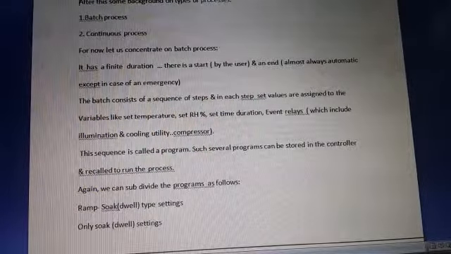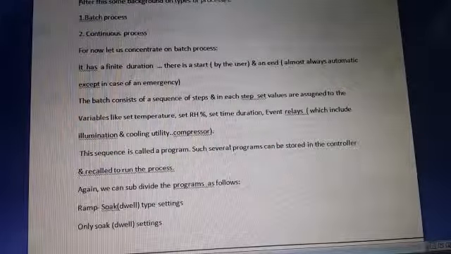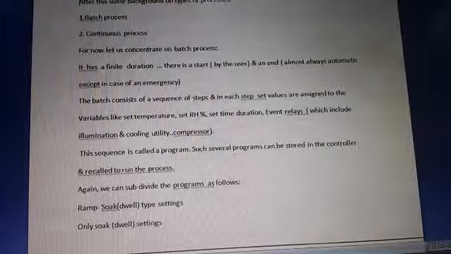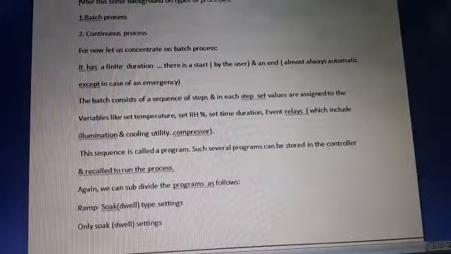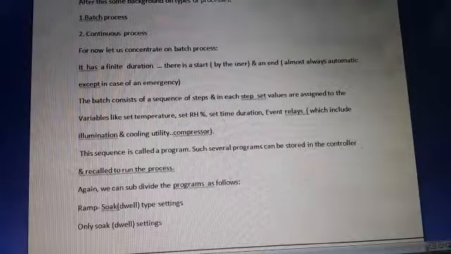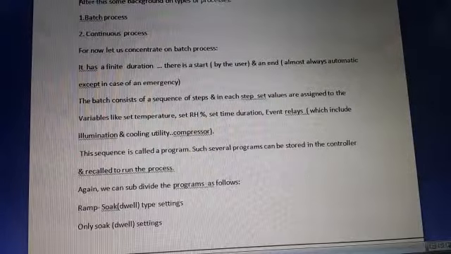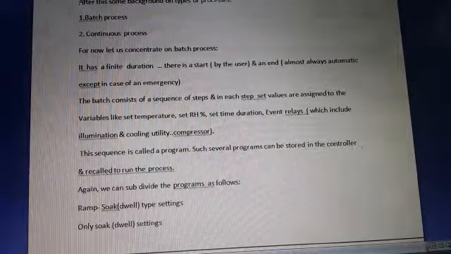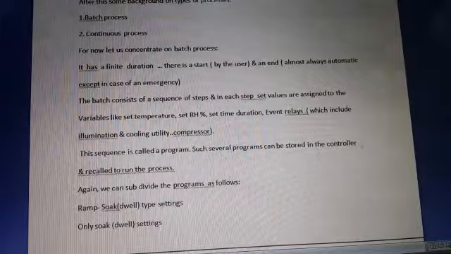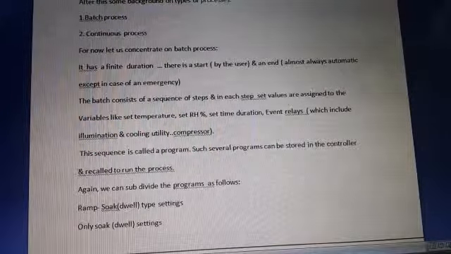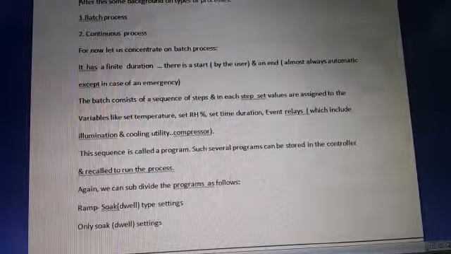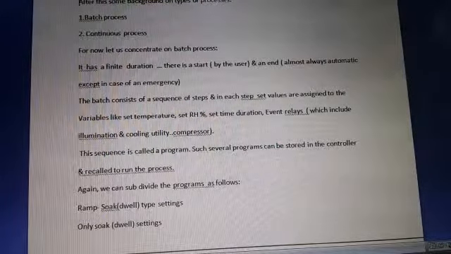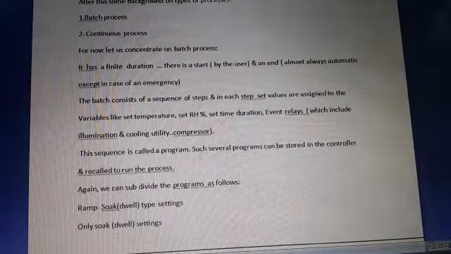This sequence or the combination of steps is called a program. Say the program consists of several steps, and in each step each variable in consideration has a set value. Okay, and this combination of steps called program is given a number. Several such programs can be set and stored in this controller, and each program can be assigned to a specific